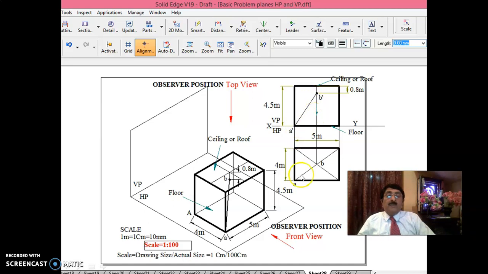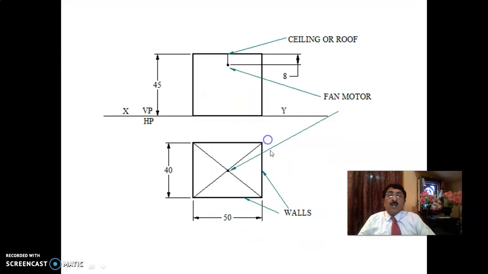If you join A dash B dash, join AB, that is the front view and top view of the line, this is the application. When you have the front view of the imaginary line connecting the corner and the fan motor, if you have the top view of the line connecting one of the bottom corners and the fan motor, if you have the front view and top view, I have told you already, rotation of front view or top view parallel to XY line will give you the true length and true inclinations. In that way, what you do is, you see here, what I have done is,